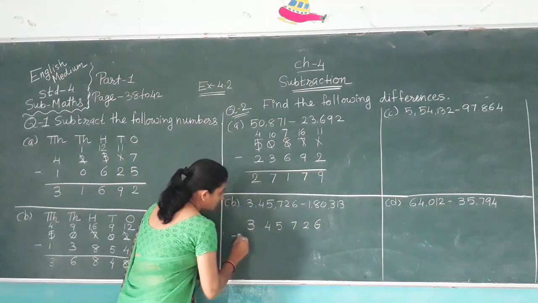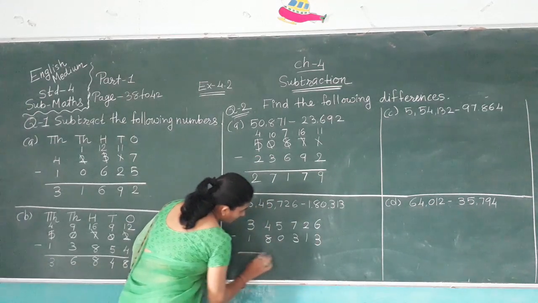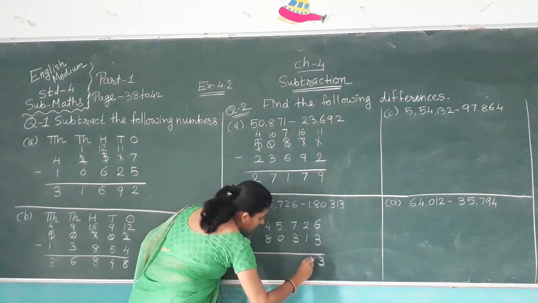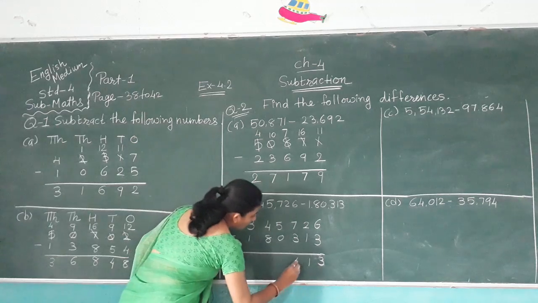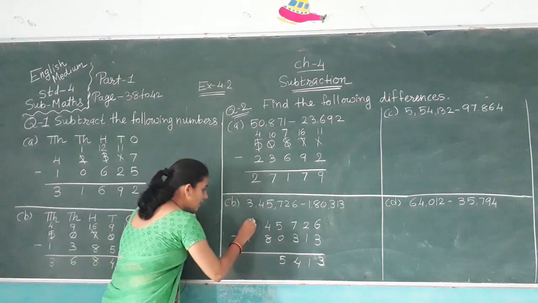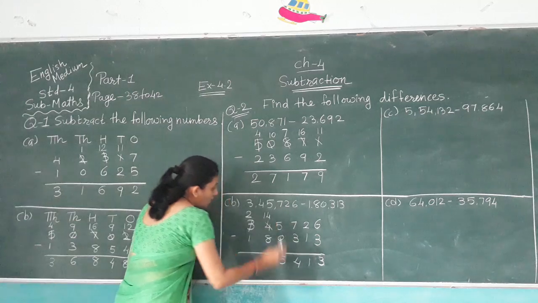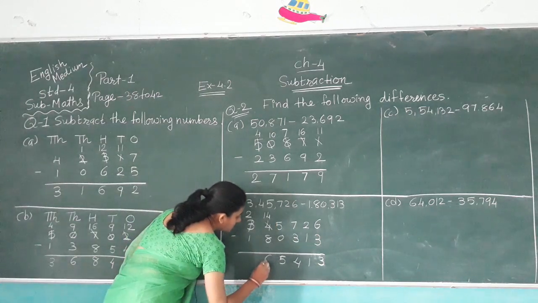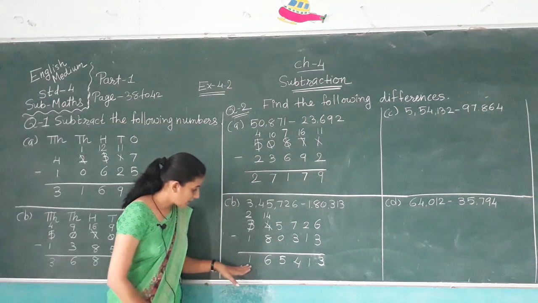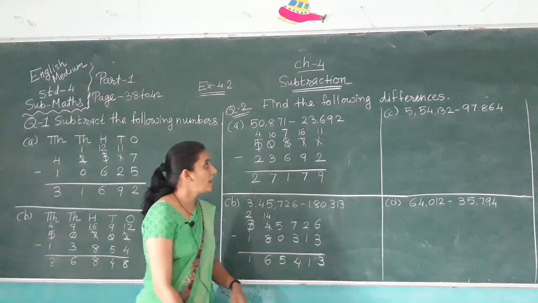3,45,726 minus 1,80,313. 6 minus 3. We get answer 3. 2 minus 1, 1. 7 minus 3, 4. 5 minus 0, 5. 4 minus 8, it is not possible. Cut here 3, right here 2 and cut here 4, right here 14. 14 minus 8, we get answer 6 and 2 minus 1, 1. Here difference is 1,65,430. Now another one,